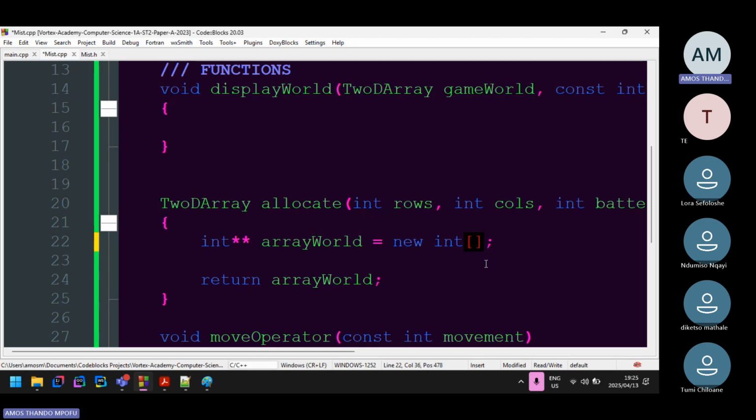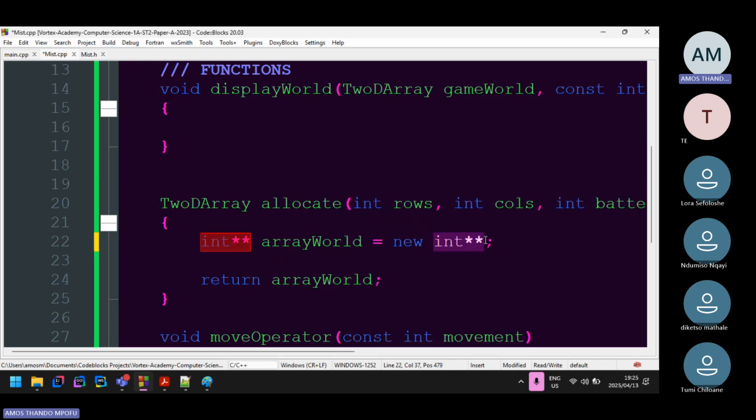Yeah, the square brackets provide the size of one of the dimensions. The way we're going to allocate it is we're going to start with the outermost dimension, basically the second star or the second pointer. That's the one I'm going to start by allocating. To allocate it, you're going to say it is equal to new int pointer, because we're allocating for a two-dimensional array